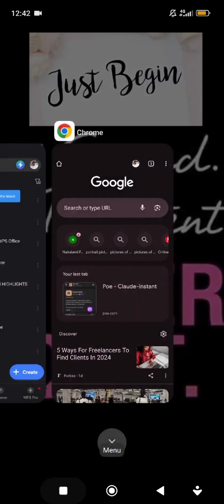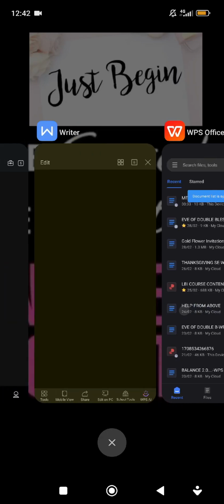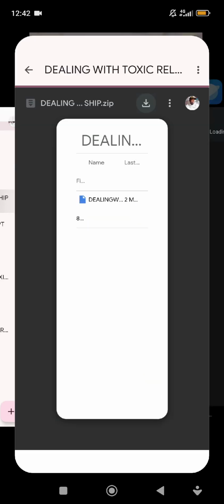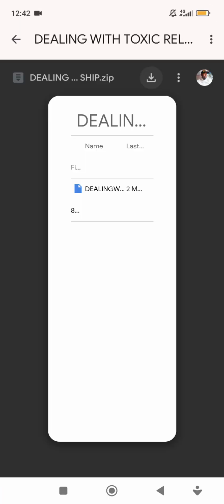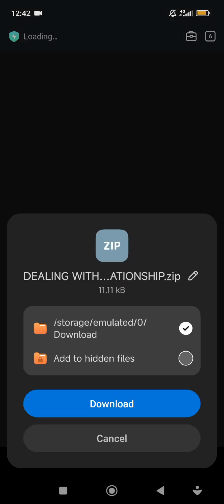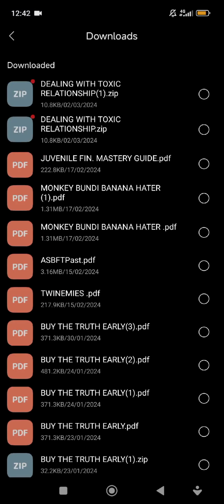Let me do it again so that you understand what I've just said. So this is where we stopped and we clicked download. Now if I click download, it will start downloading here. Now tap to view. You see it. I wanted to do it another way, but let me use this now. Once you are done, tap to view, you will see it there.